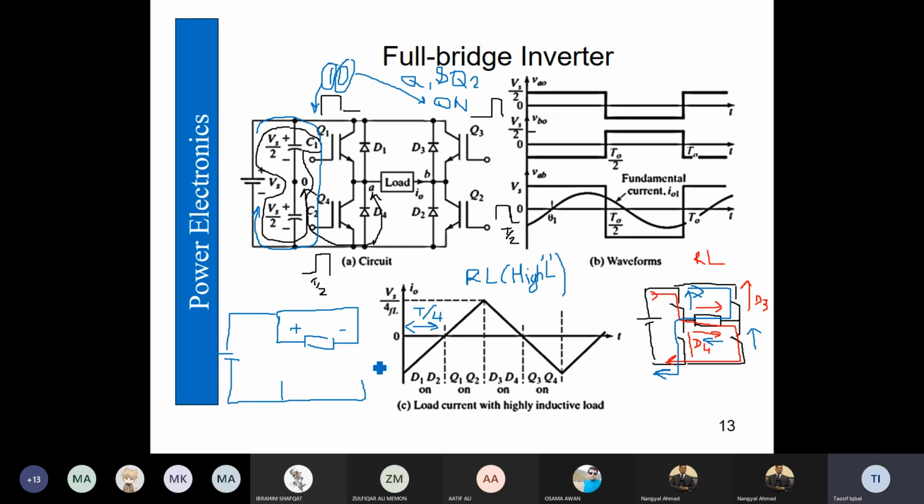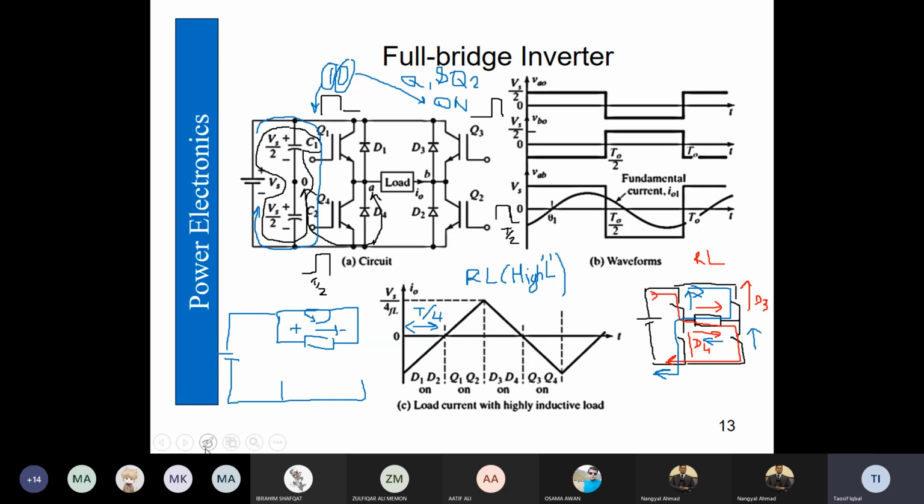Load is disconnected from the supply. Therefore, there is not going to be any voltage appearing across the load. और वैसे भी लोड के दोनों टर्मिनल शॉर्ट हो गए हैं, ठीक है? तो what happens is कि if there is some RL load और अगर करंट का फ्लो इस तरह से है, तो it would just circulate over here, ठीक है? Just like a free wheeling diode के अंदर जो होता है करंट सर्कल करना शुरू कर देता है, that is the same scenario.